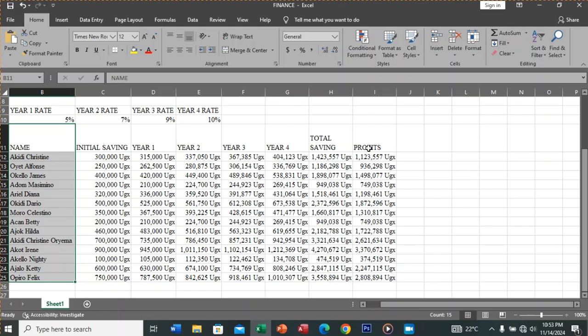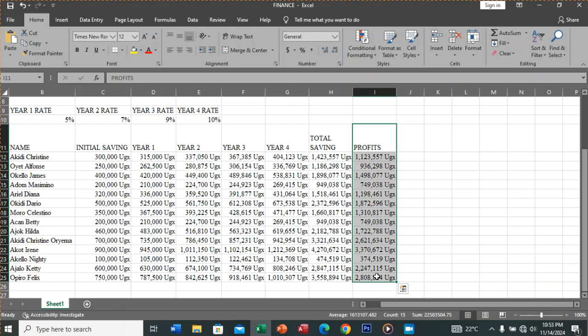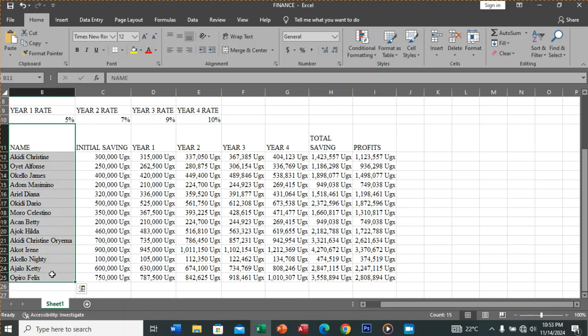Remember that when you don't press the Control key on the keyboard, it will become very difficult for you to select names and the profits. Let me try to select profit without pressing the Control key. Have you seen? The column for names is deactivated. That means after selecting this, you press the Control key on the keyboard and you hold it as you select profits. Thank you. Then we are going to insert